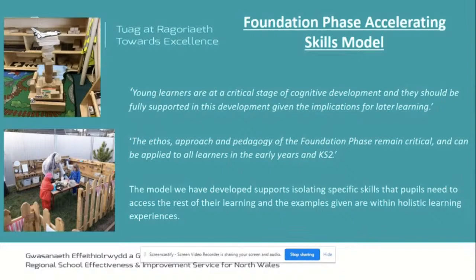As we know, with the youngest learners, we are developing their cognitive ability. Young learners need concrete learning experiences in the beginning, and as a child develops their cognitive ability, we support them moving from the concrete to more abstract learning. So the model requires teaching specific skills at directed focus tasks, and then lots of opportunities to practice and consolidate at enhanced continuous provision in school and/or at home, or whatever the current situation requires.